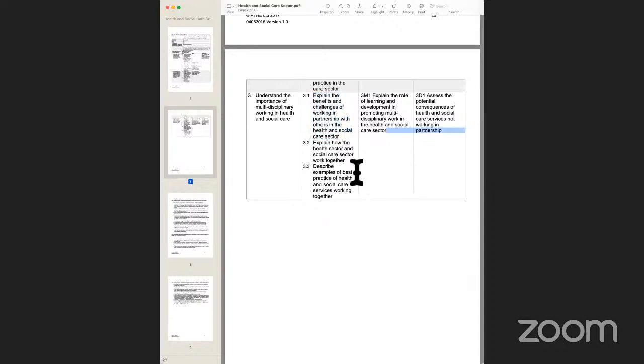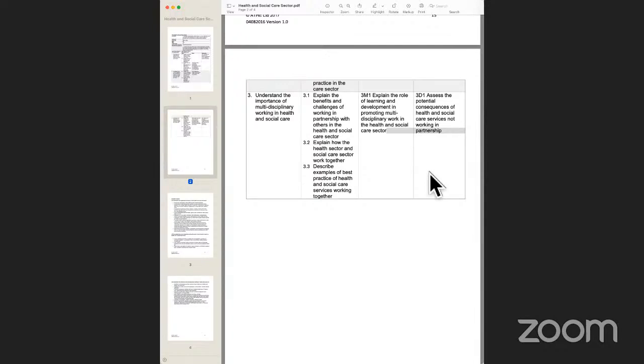We'll be looking at how the health and social care sector and the social services side of the sector essentially work together within the remit of health and social care or the Department of Health, and then deliver services to members of the public. We look at some of the best examples and practices of how a health and social care setting should be.